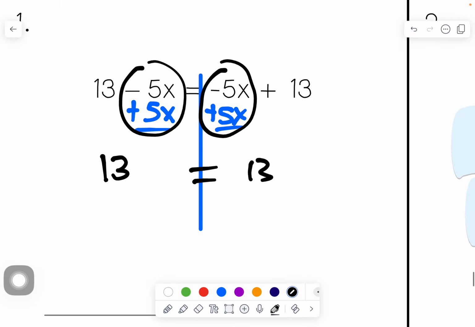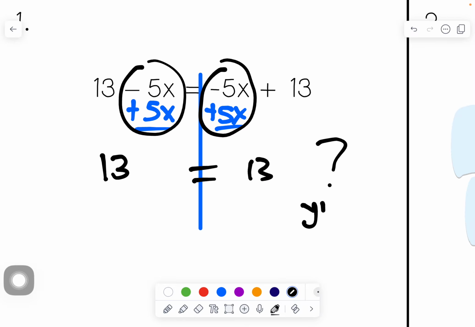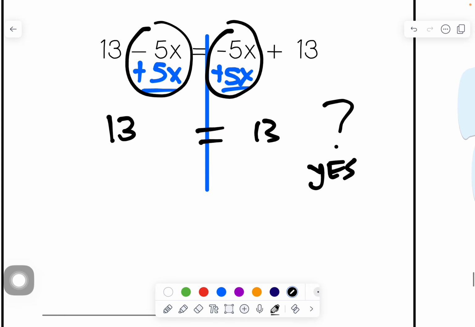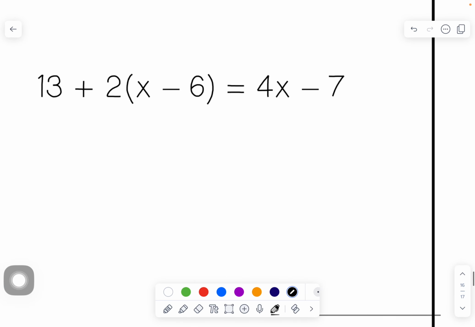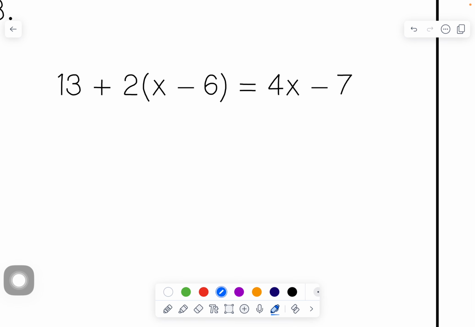Does 13 equal 13? And the answer would be yes. All right, so I'm going to say infinite solutions or all solutions. Okay, pretty easy. But when we start adding our steps to equation solving, then it just takes a little bit